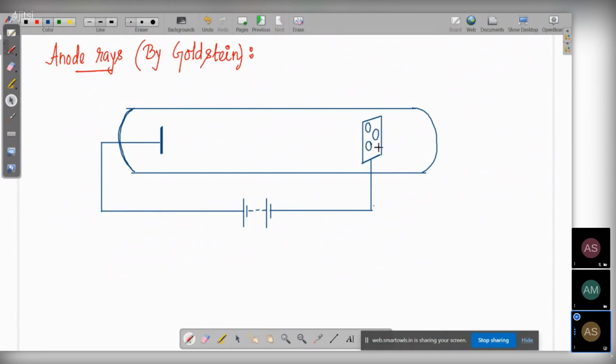Today, there are not only electrons and protons, in fact, there are many more subatomic particles. Other than electron, proton, neutron, you have positron, then mesons, pi mesons, neutrino, antineutrino. There are more than 30 subatomic particles inside the atom, but we need to acknowledge their work, how everything started. That's why it is still taught and their work is still relevant till today's date. So this was the experimental setup or the vacuum pump.